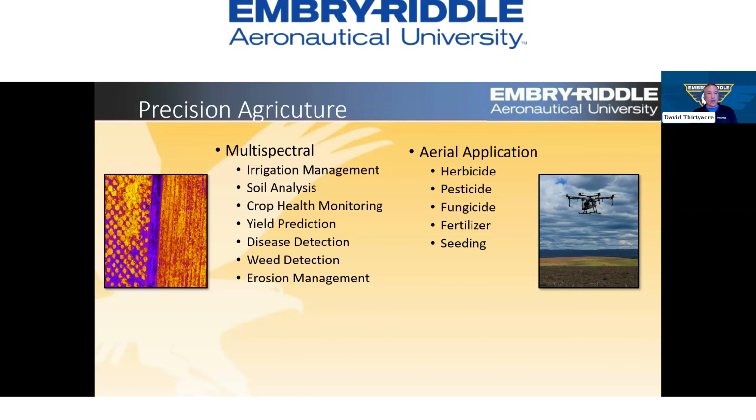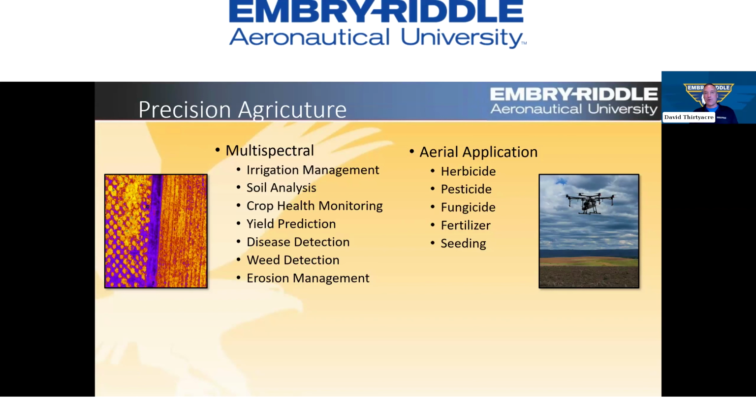Other things you can do with soil analysis, yeah, you can monitor the crop health using some indices. We'll talk about those here in a second. And then we have yield prediction, which depends on what you're talking about. Yield of Christmas trees is pretty easy there on the left side. Yield of smaller berries and things like that can be very problematic. So again, knowing the crop and knowing how that works is really important.